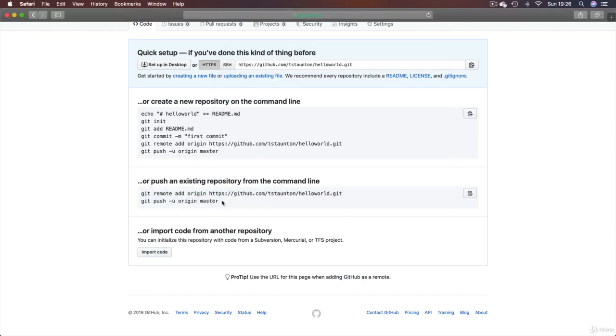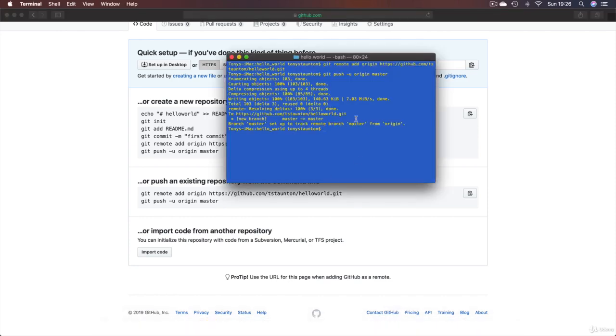Git push origin master, and you may have to enter in your GitHub password. If that happens, don't worry about it. Go ahead, enter it, and keep working away. Okay, so what I've done here now is, you can see here, my GitHub account,